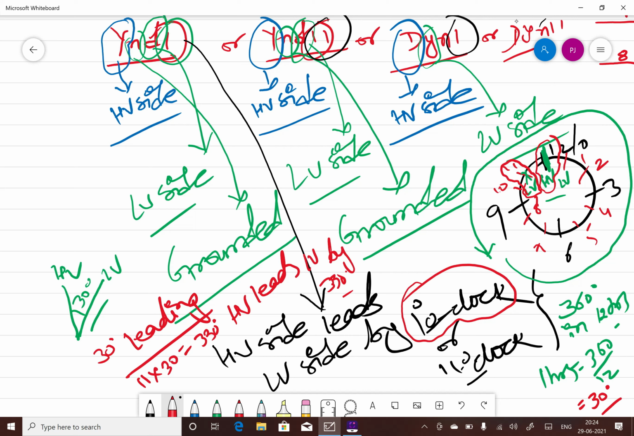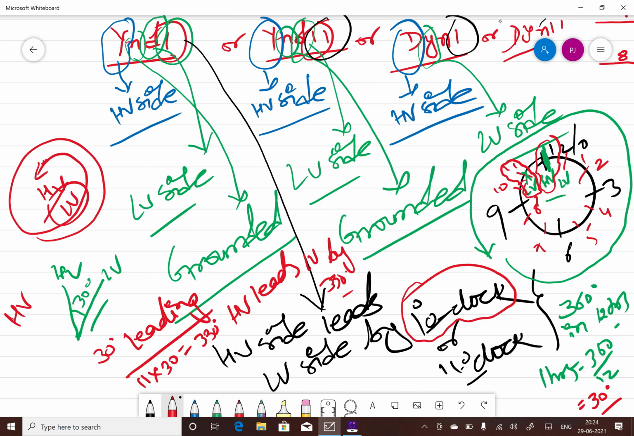So now if you go in the clockwise direction, first HV will reach, suppose, this point. First what happens, if you are rotating like this in the counterclockwise direction, first of all HV will reach this point, and after 11 hours, LV will reach this point. So HV leads LV by 330 degree,